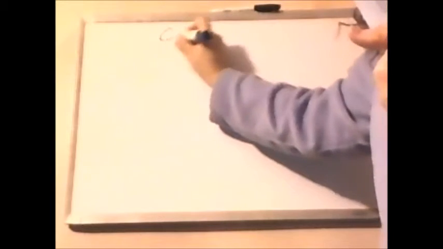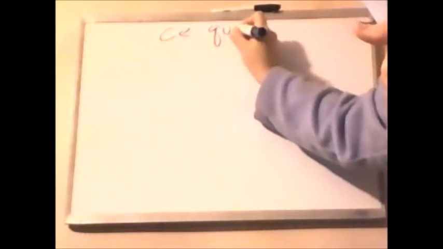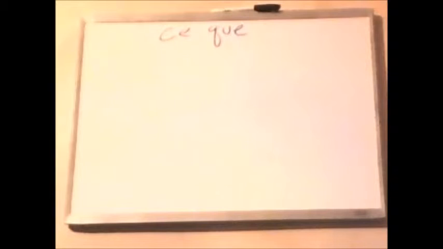Dites-moi, tell me, vous pensez des Français? You think about French people. What you think about French people? So you have vous pensez, subject and a verb, so you're going to want que, but since there's no specific antecedent given, you want ce que. Dites-moi ce que vous pensez des Français. What you think about French people.